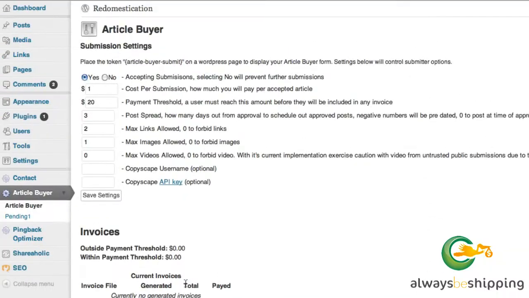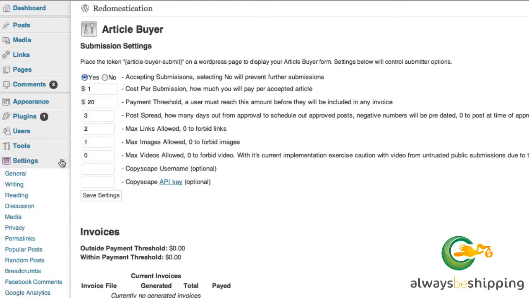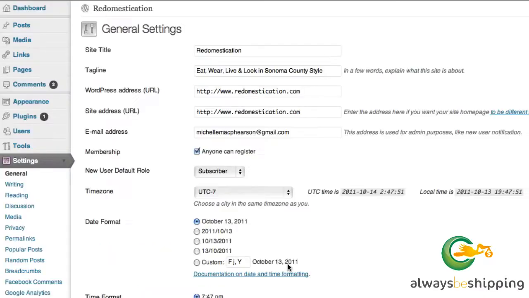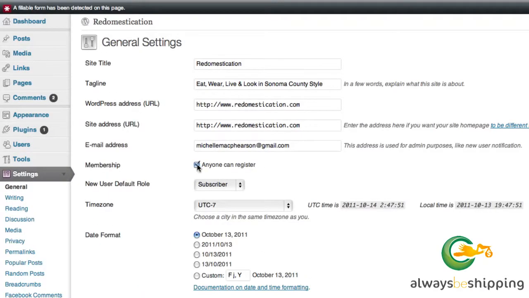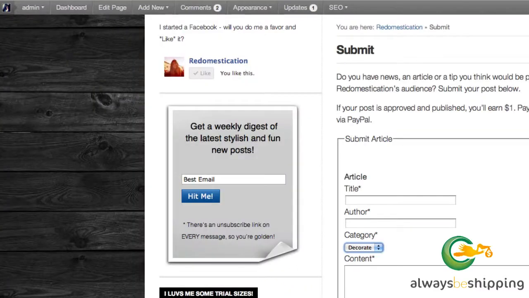So let me show you the settings for that. We're going to go to Settings, General, and you need to allow folks to register. So that is, anyone can register. You need to check that box, and then people will actually be able to register. Then they can log in, and once they're logged in, they can see this form properly. And what this does is it just helps to eliminate spammy contributions, and it hooks directly into the WordPress post